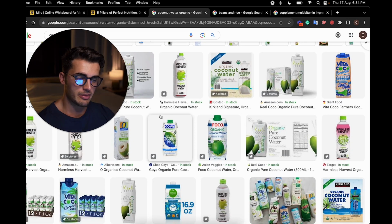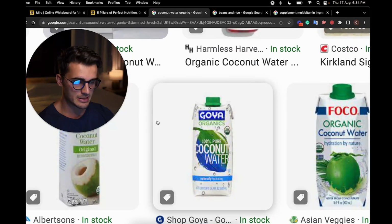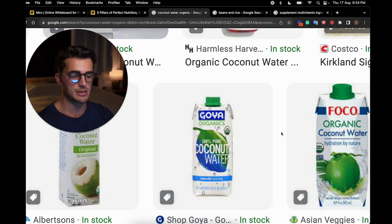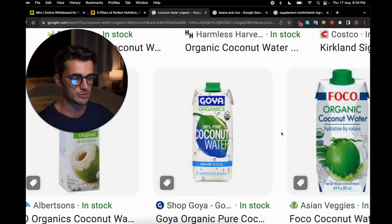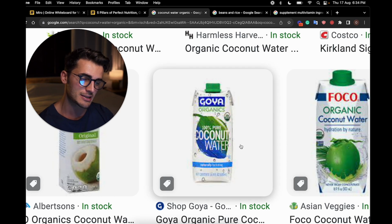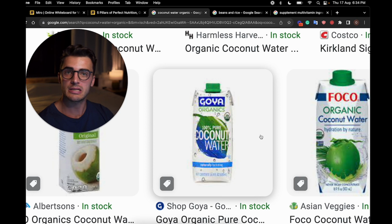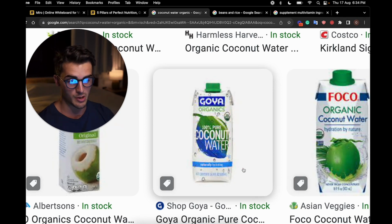Coconut water, in theory, or in reality, is a health food, right? But is this the same thing as drinking a fresh coconut? Absolutely not. Let me explain. I see entrepreneurs all the time. They post coconut water onto their Instagram stories or whatever, and they think they're doing the right thing, right? They're making an effort. They've selected the right food, but because they haven't considered the quality of the food or the storage or how the food is prepared, they don't understand that, and therefore they're consuming actually a toxic food,